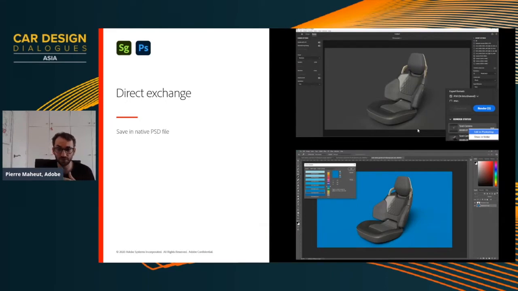Also, something that is very important is how we integrate with the rest of the Adobe ecosystem, and especially Photoshop and Illustrator. So in Stager, you can import graphic design coming from Illustrator, keeping the link with the Illustrator file, the AI file. And same thing when you export the renders from Stager, you can directly edit them in Photoshop. Here, for instance, remove the background, change the color of the background directly in Photoshop, thanks to the rendering from Stager.